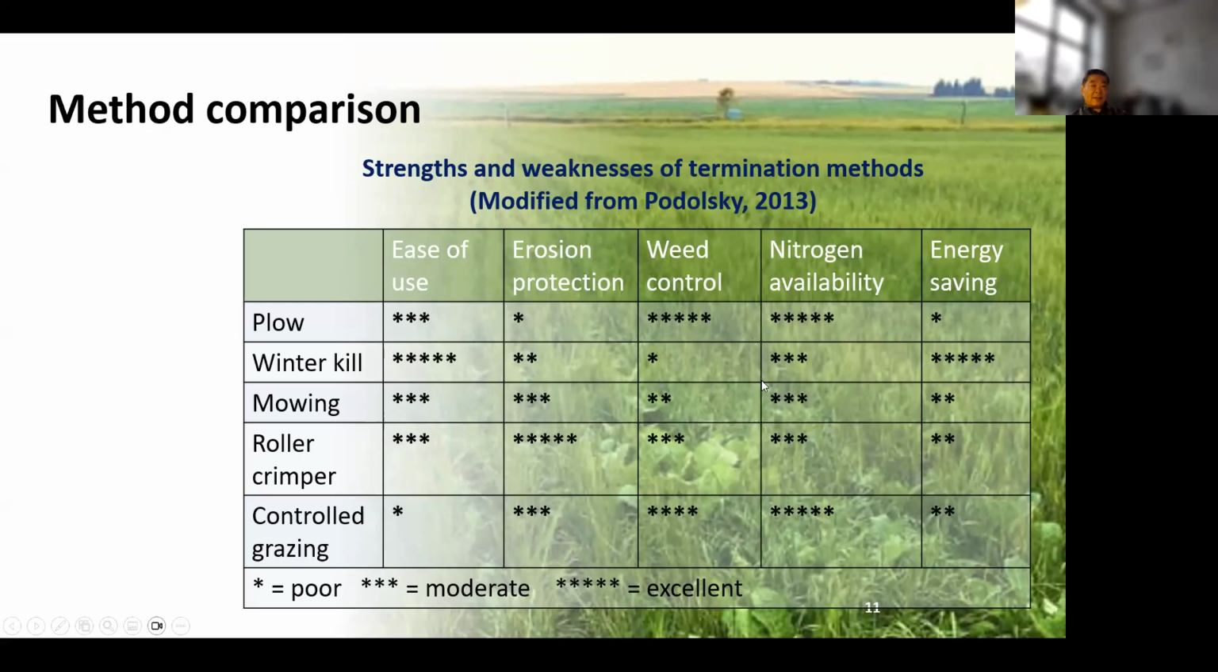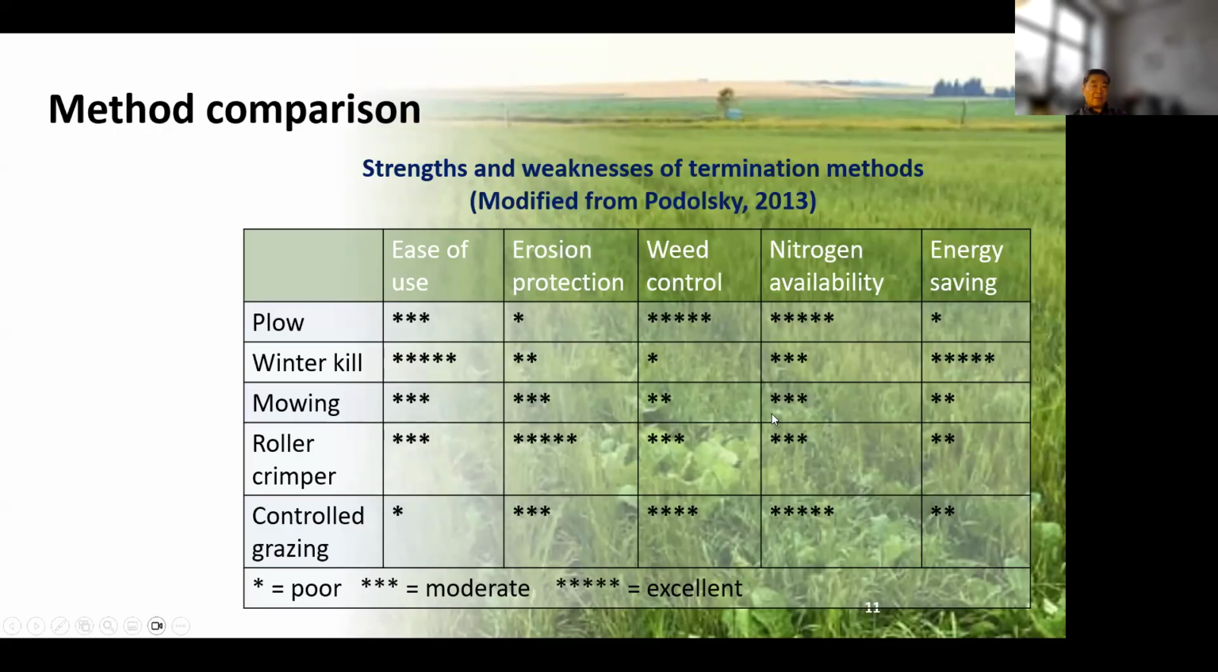Because it was laid on the surface, the decomposition lost some nitrogen in the crop itself. And energy saving is great because we don't use any machine to do it. Mowing is very easy and good, and it provides good protection as well. And weed control is